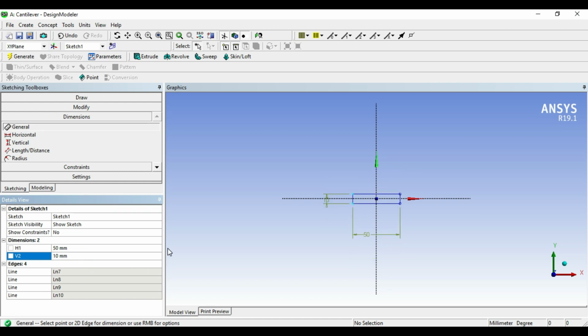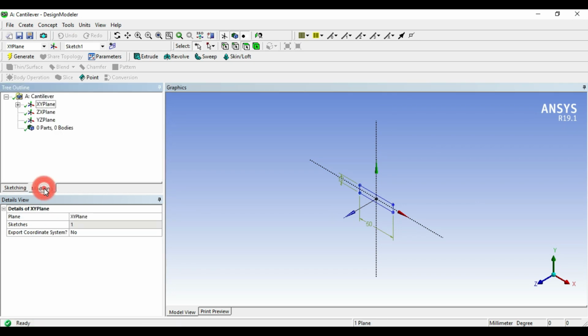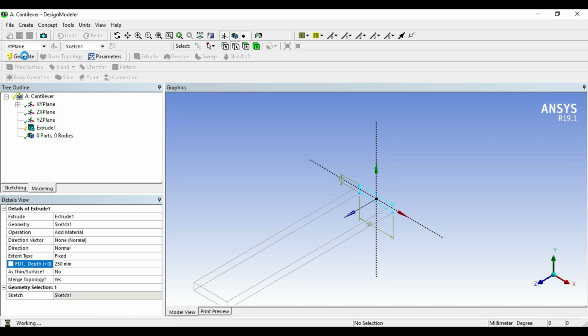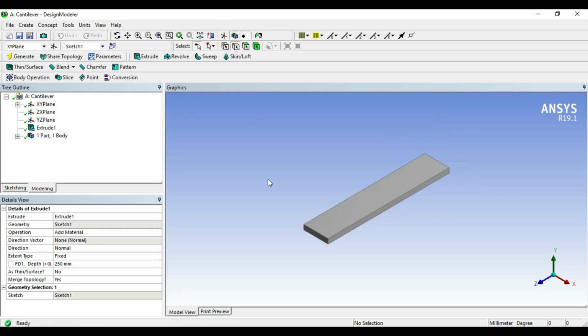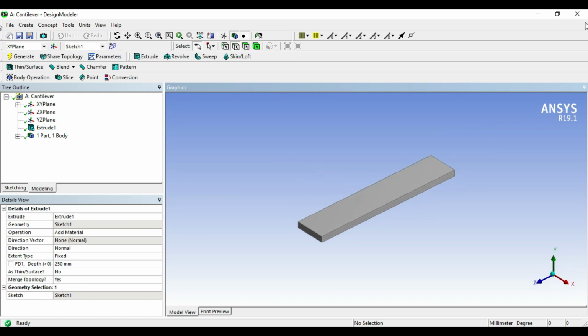Click on the isometric view, then click on modeling mode and click on the extrude feature. Then click on geometry, select any of the lines from the geometry and apply. There is no need to change anything, you will only change the depth. It is 250, the length of the cantilever beam is 250, and click on generate and hide the sketch from here. So here your geometry is ready, right? Your 3D cantilever beam is ready. So close this DesignModeler